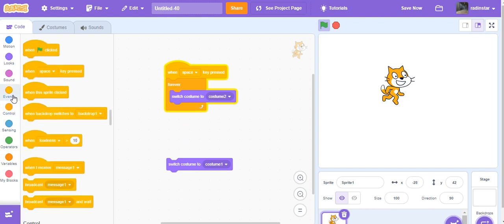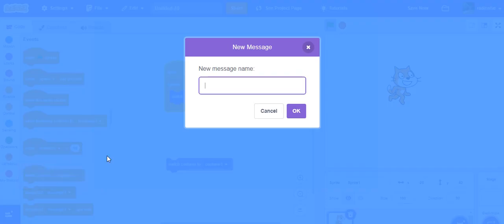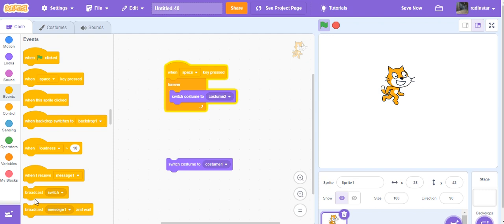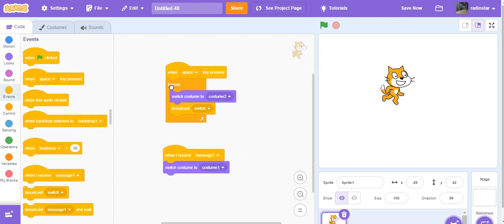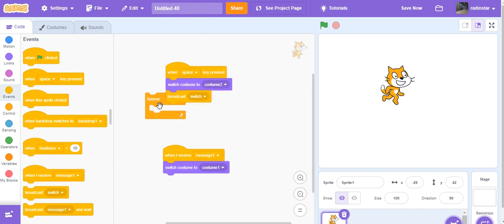After that, we're going to make a broadcast, which is right here. Broadcast switch. And after we have done this, we put broadcast switch under here. And then when I receive broadcast switch, we're going to have to take out the forever block for this one. We don't need it anymore. Take this out and then